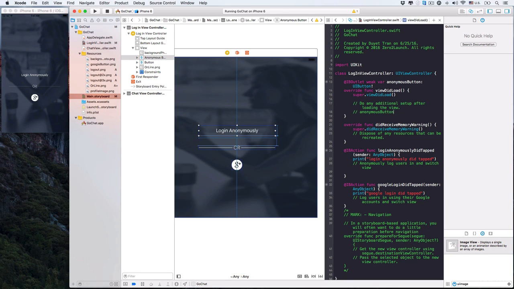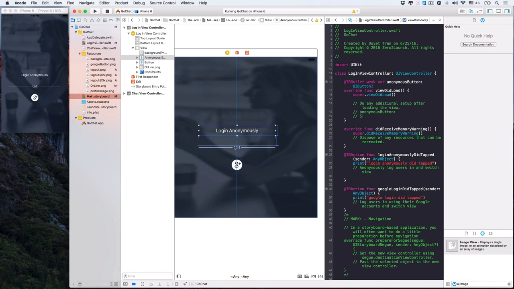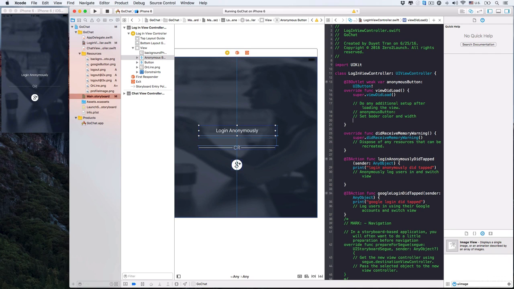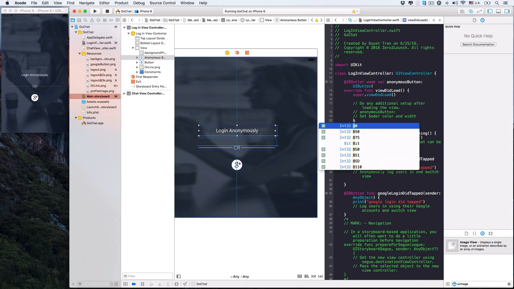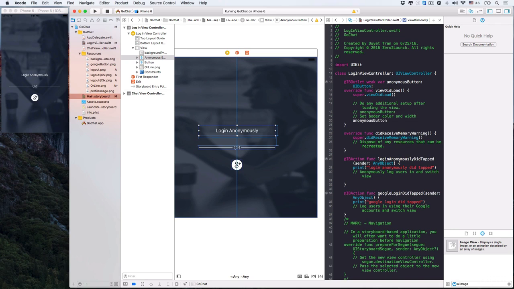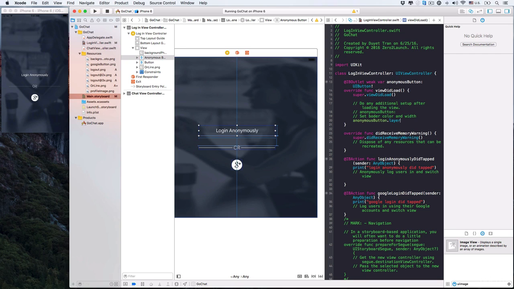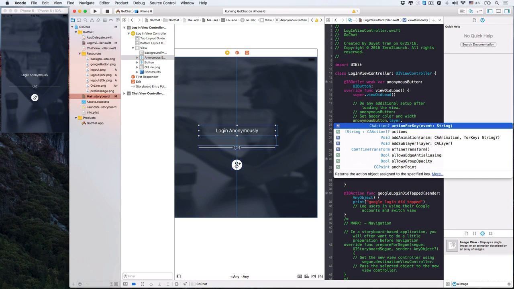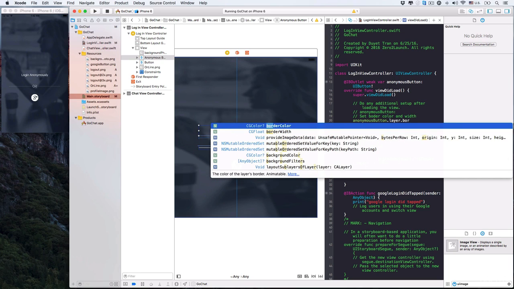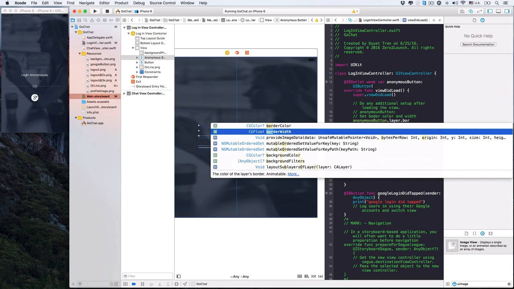So we want to set its border color and its width. The UI button object, anonymous button, has a property called layer. All right, so it's used to draw or shape the UI button in the storyboard. So to draw the UI button, this layer object is equipped with a property named border width. To set the border width of the UI button,